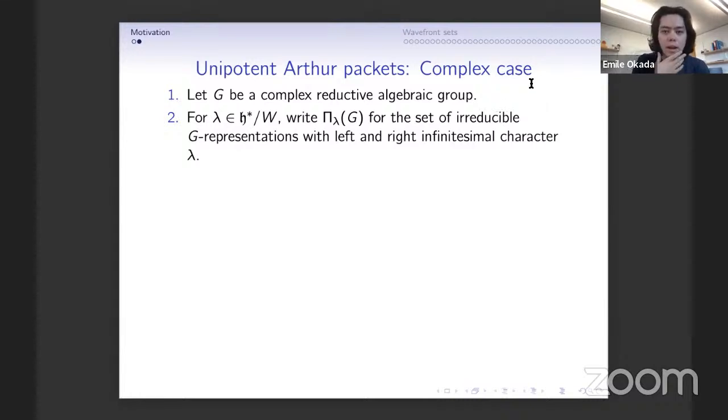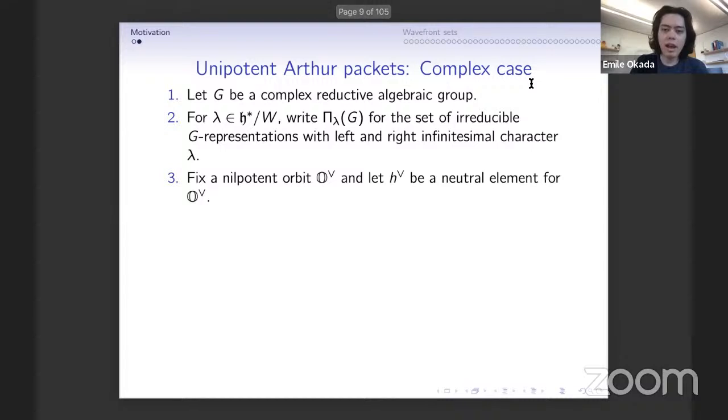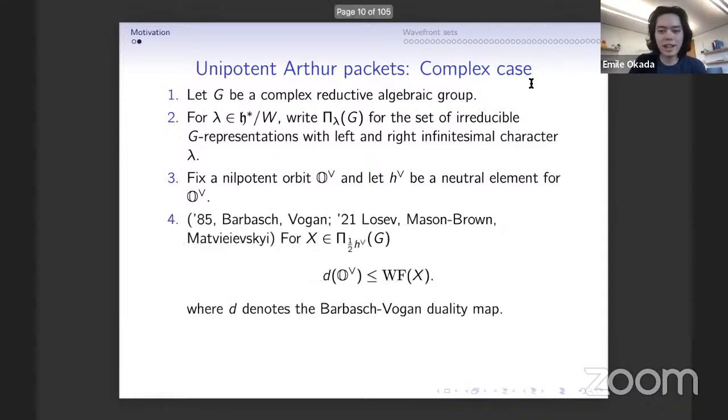If we let pi sub lambda denote the set of irreducible representations with infinitesimal character lambda, and if we let O check be some nilpotent complex orbit, and H check be the neutral element for that orbit. So if you take an SL2 triple for O check, then H check is the neutral element. Then what Barbasch and Vogan showed in '85 for even orbits, and which Lucas, Losev, and Matveievskyi generalized to all orbits, was that